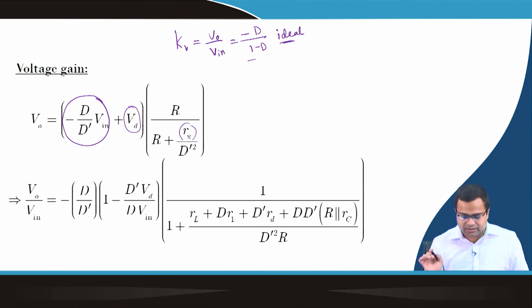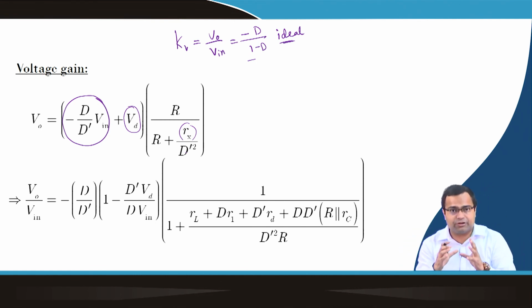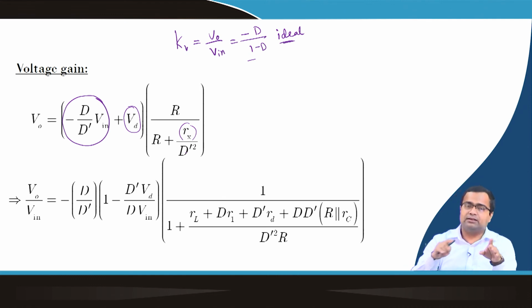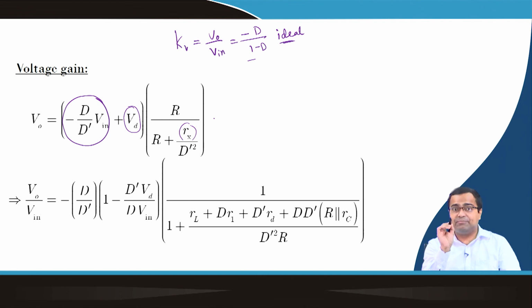And we can obtain all these expressions and we can carry out the same technique which we have done for the synchronous buck converter. We can simulate this buck boost converter as well as the boost converter, and I will suggest that you verify the average value of the inductor current and the output voltage for different load conditions. Using this analytical DC equivalent circuit, you can predict what will be the practical voltage when you set a fixed duty ratio and vary the load current. You can predict using this analytical formula. You can carry out the same thing by simulating. We can check whether we can predict it or not.